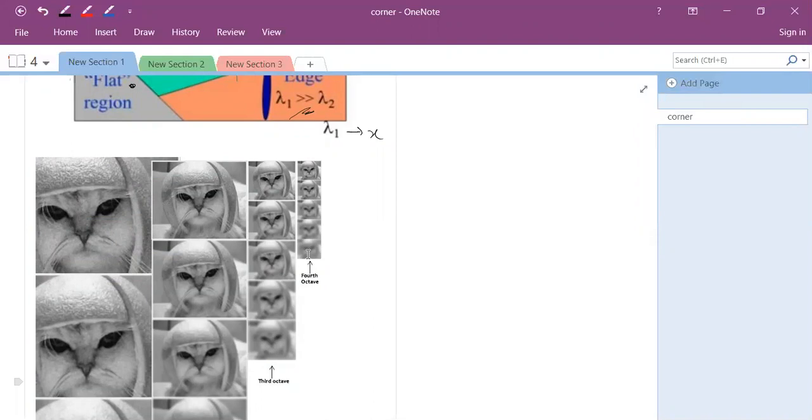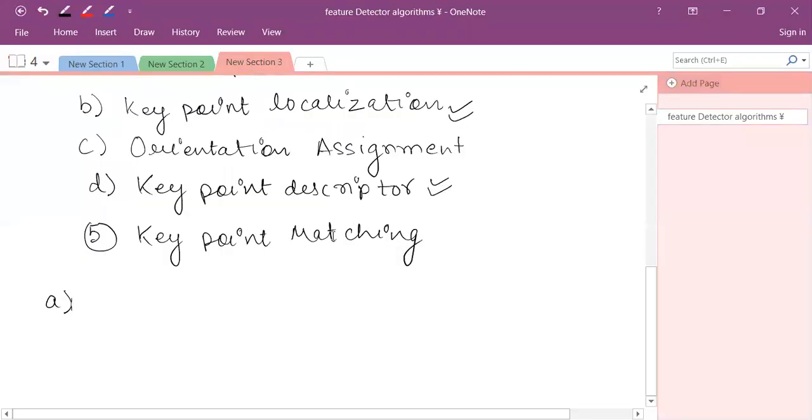It is just like the process of training and testing. You have to create many training images, and after that we feed the network a new image, that is, after rotation or after some modification. Then you have to do the matching. The matching is the last point, called key point matching.